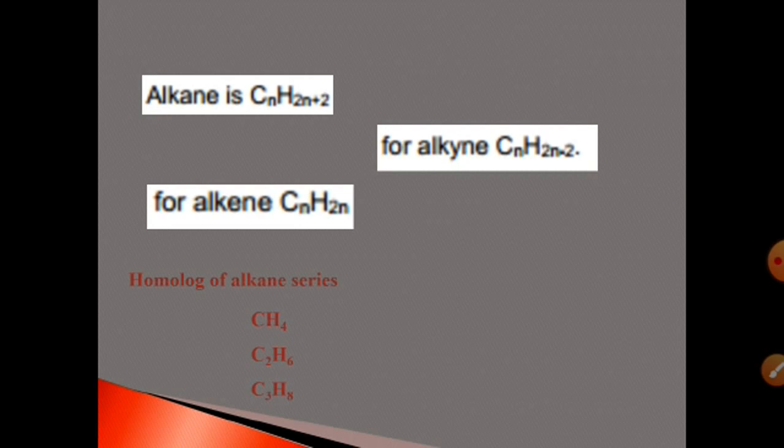Similarly, you can write the homologous series of alcohols and any other functional group. Why do we arrange compounds in homologous series? We arrange compounds in homologous series because all compounds in a homologous series can be prepared by similar methods. They have the same chemical properties because all have the same functional group.